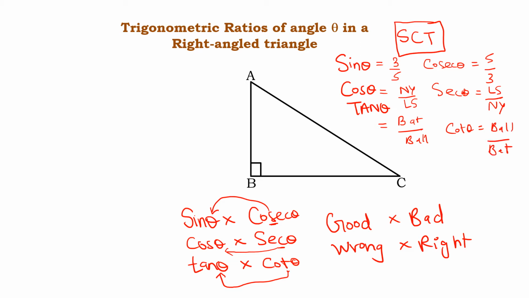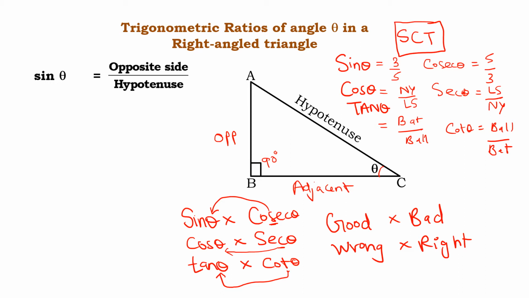Now moving further, as you can see, this is a right angle triangle, and this means it is 90 degrees. The side opposite to the 90 degree angle is known as the hypotenuse. And if we assume an angle theta over here, the side opposite to the angle is known as the opposite, and the remaining side, that is BC, is known as the adjacent side.